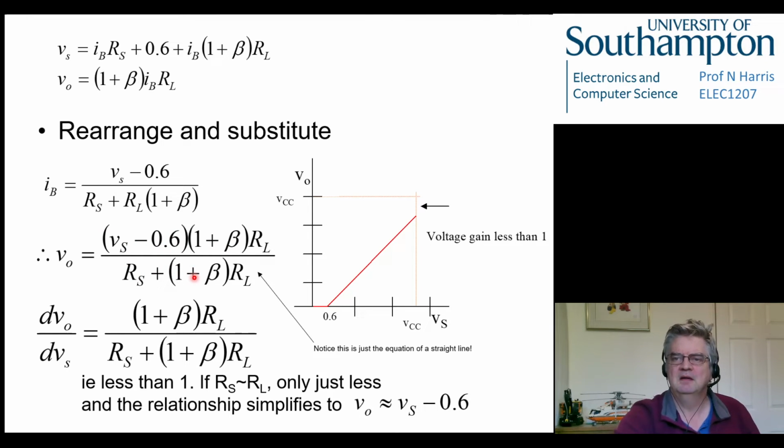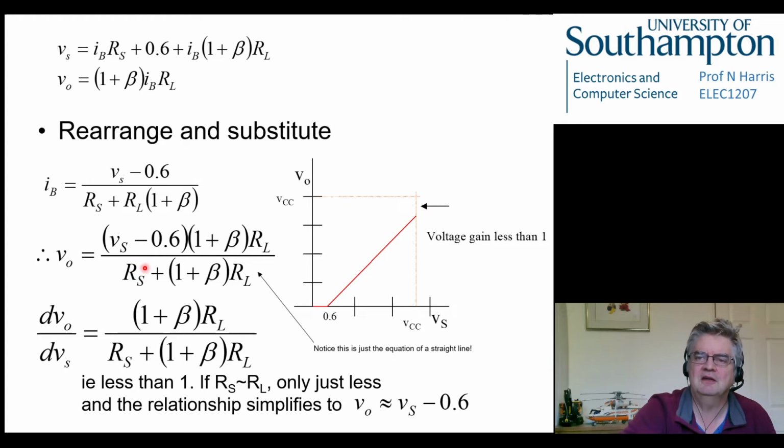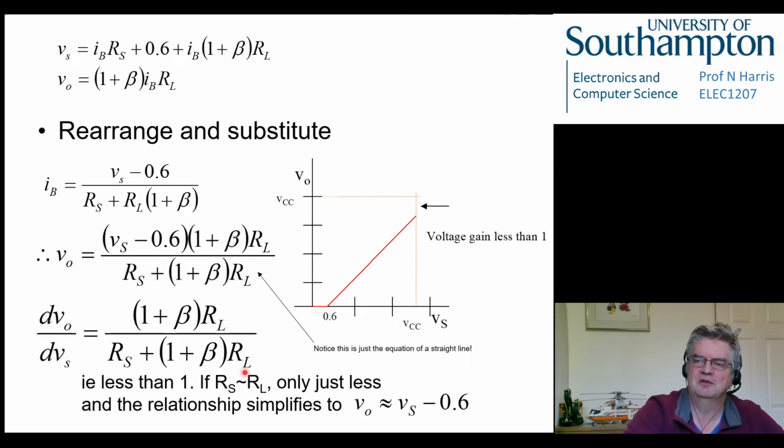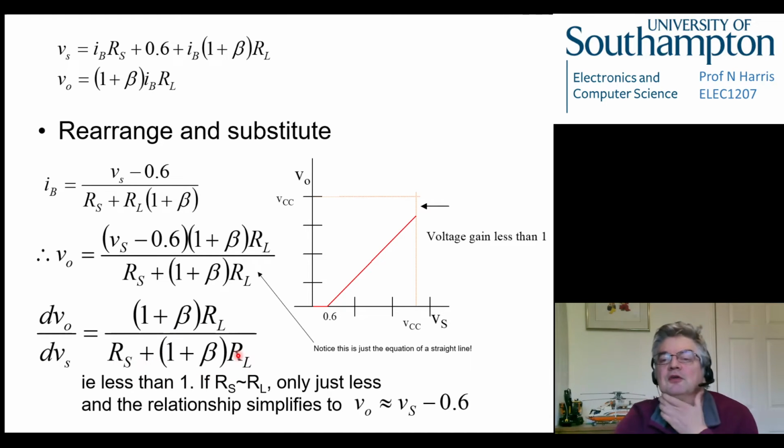If we want to get the gradient of this, we can either get it into the form of y equals mx plus c and pull out the m, or we can just differentiate it and get the slope. And if we differentiate it, it becomes very straightforward, and we're just looking at the coefficient of Vs, which is just this bit over this bit. So (1 plus beta) RL over Rs plus (1 plus beta) RL,